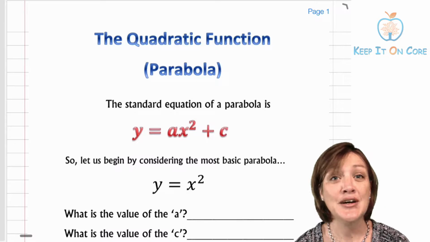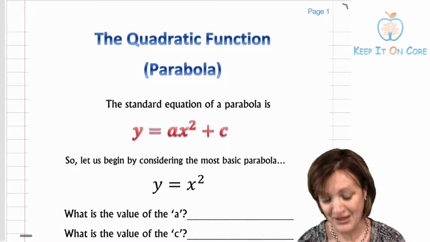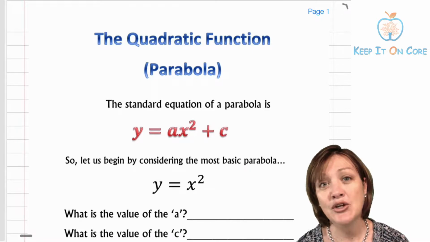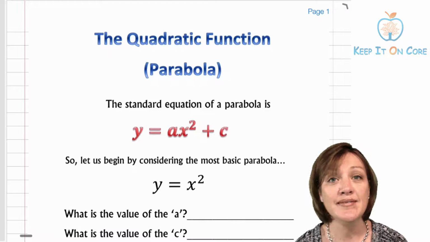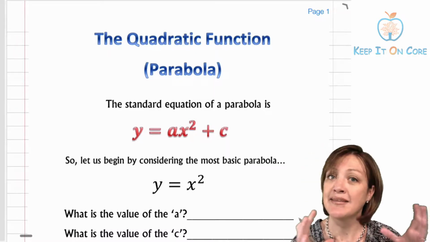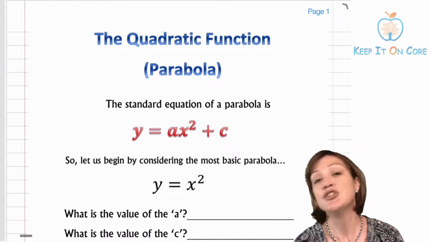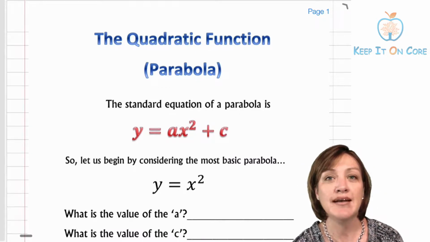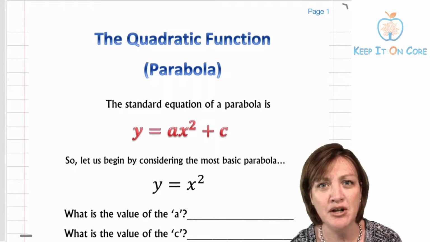Right, let's take a look at the quadratic function, or another word we can use is the parabola. What's the standard equation that we know belongs to the parabola at this stage? Well, y equals ax squared. Remember, the x squared part is the indicative part of it being quadratic. So y equals ax squared plus c is the formula that we know at this stage belongs to a parabola,